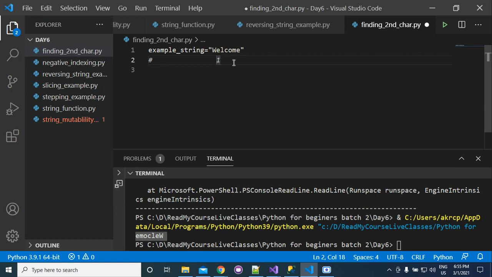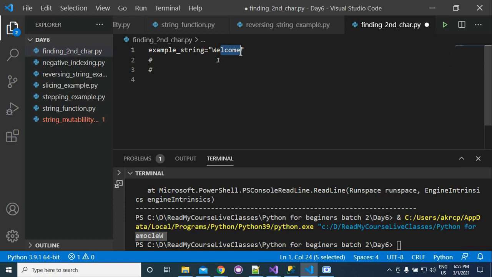Now you can slice this sequence from after 1 to the end. So now your string will be LCOME, and now you need to find the occurrence of E again.